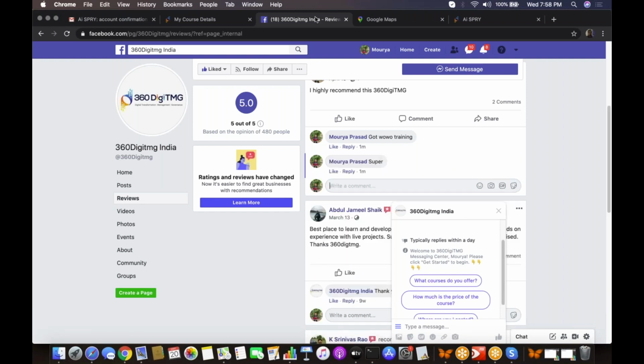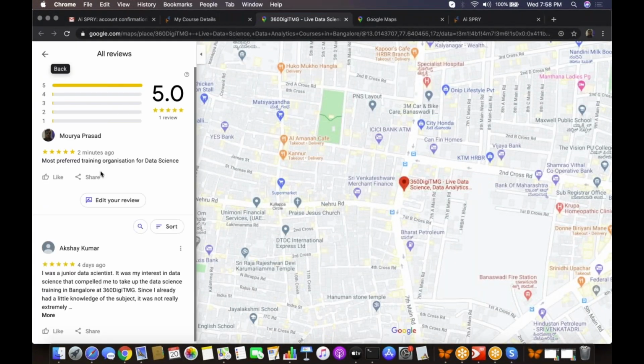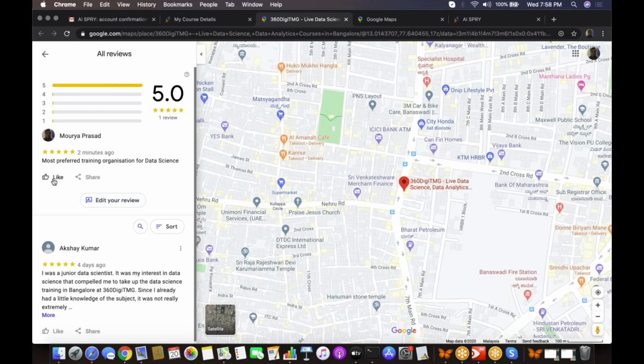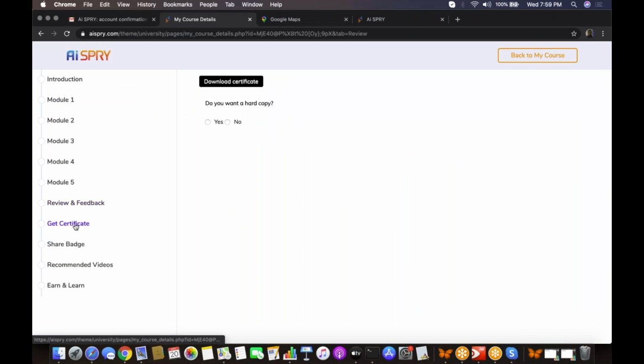Provide your reviews here and close it, and select your Google reviews. And get your certificate. Once you have done that, you can download your certificate.